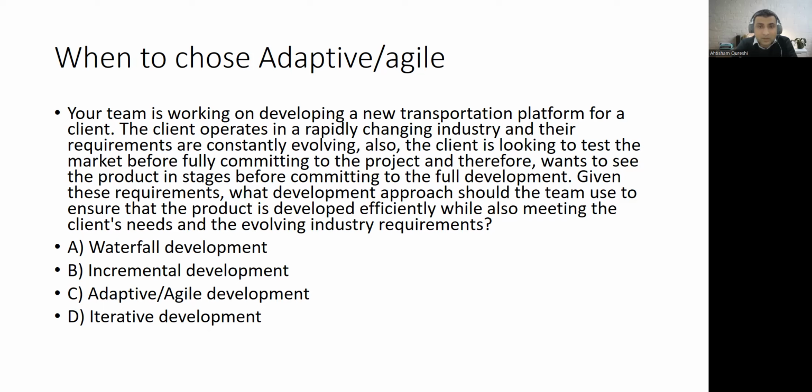Now, incremental was the case when scope is clear. Sorry, incremental was the case when scope is clear, but you want multiple deliveries. But in this scenario, it is more towards agile, when scope is not clear, vision is not clear, and also you want multiple deliveries. So that's why, Hasib, it is not incremental, because here our scope is not clear and we want multiple deliveries. That's why it's agile. I hope now it is clear, guys, right? Yes, it is clear. Thank you.